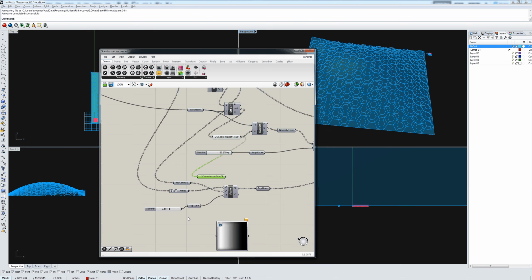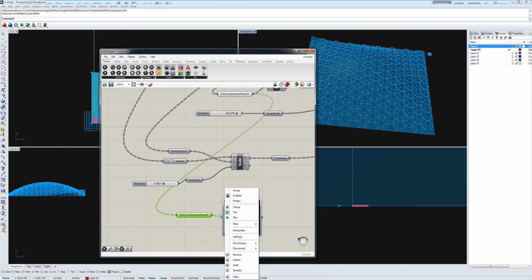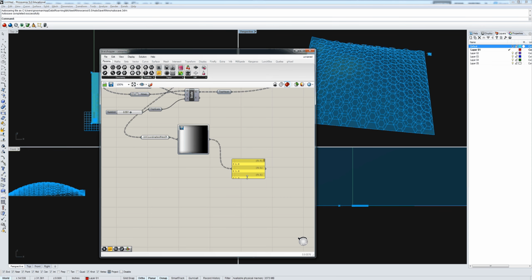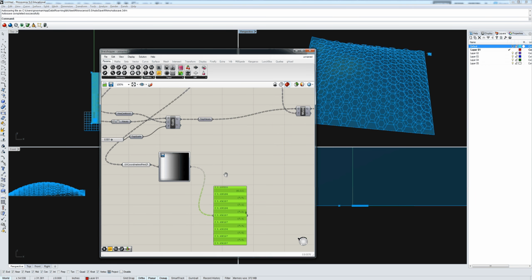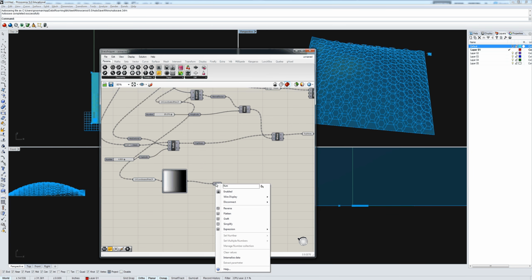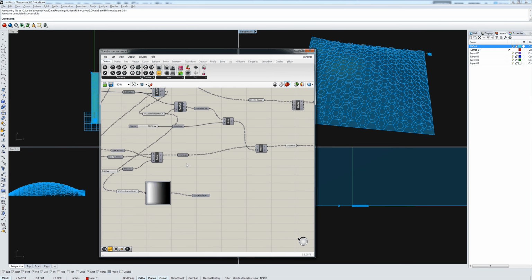Right, and so that's a point in UV space, and we can use that to plug into the left side of our image evaluator. And you'll see what comes out the right side is a series of numbers, and those numbers represent the color, with 1 being white and 0 being black, of the image at that coordinate. So that means this is the image brightness. If we were to use that as our scale, because scale takes a number from 0 to 1,